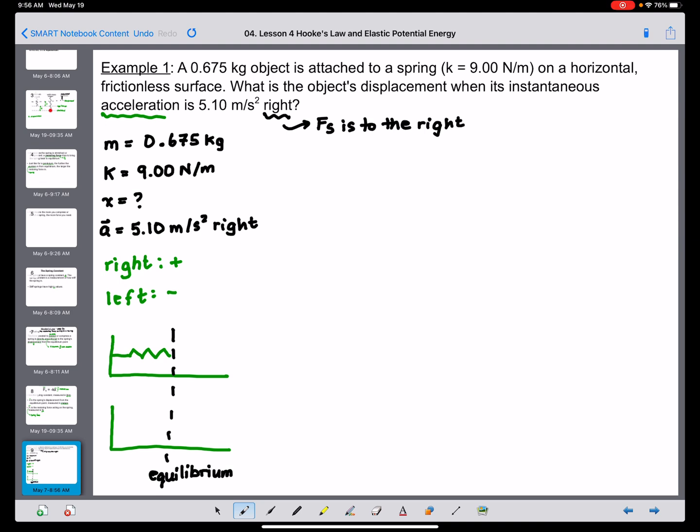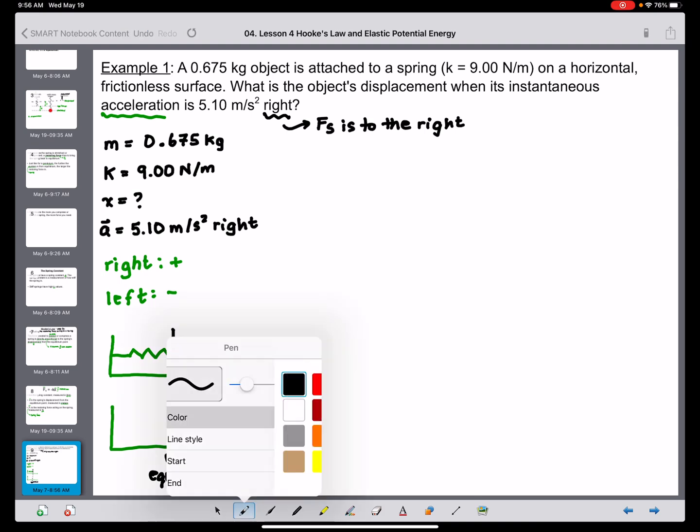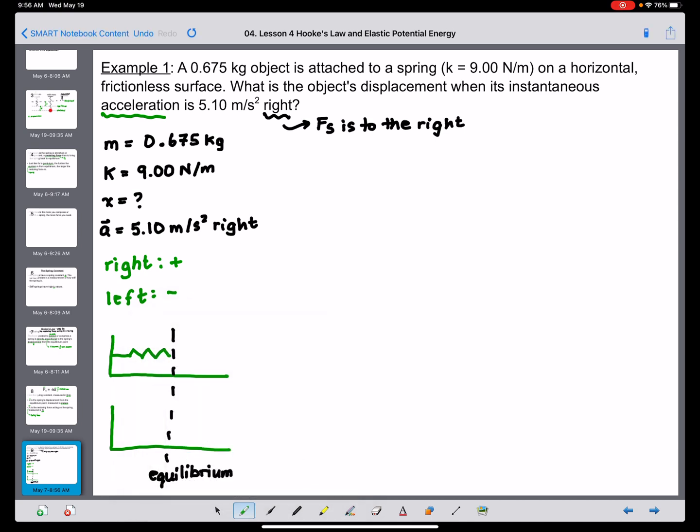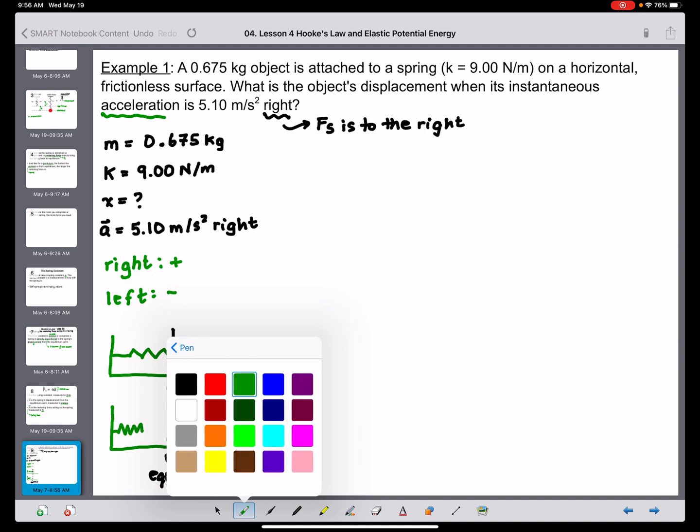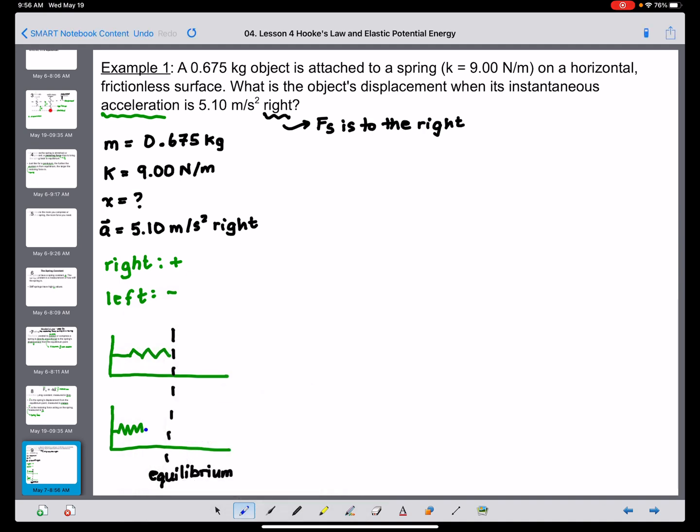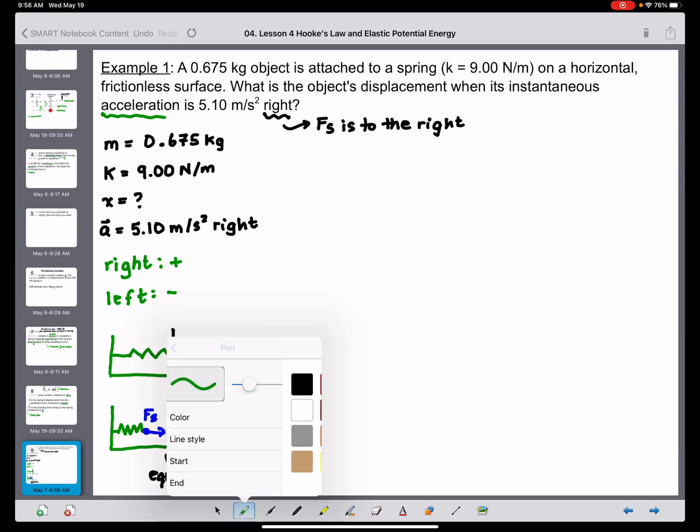So when I draw my spring, the spring force acting on it has to be to the right. So what that means is this spring has to be compressed, because if I draw a free body diagram here, so if this is where the spring force is acting from, that spring force has to be pointing to the right, like this. If I had drawn this diagram instead,